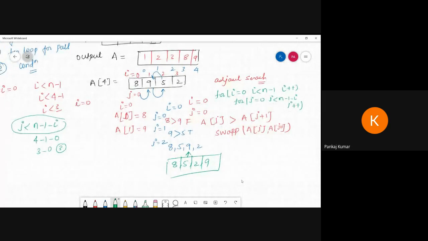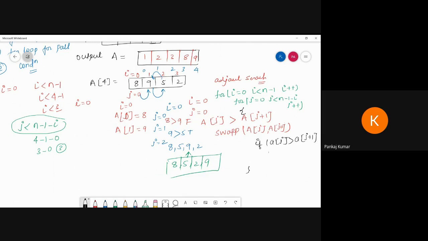So after this, we have to follow. This one we have to create an if condition. So you write if a of j should be greater than a of j plus 1.